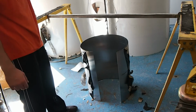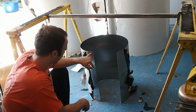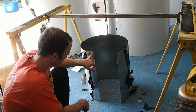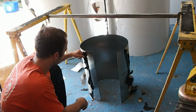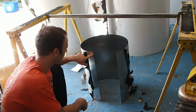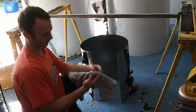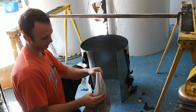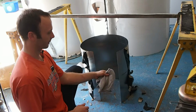But I guess we'll do the first part. And the first part of any successful weld is to go ahead and clean your weld area. You've got to prep it. I peeled back this plastic, and I went ahead and cleaned it with, I have here, this is just a rag, but it's a lint-free rag. You get these at Lowe's or whatever, so that you don't leave a bunch of cloth fibers on the